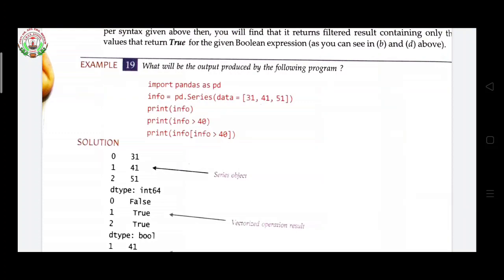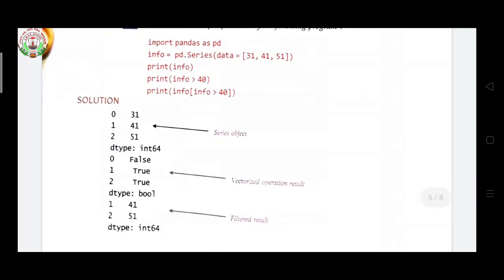Now the third is print info inside square brackets, info greater than 40, which means filtering with the vectorized Boolean result. See here nicely: when I called print info, I got the values. Then when I call the second line, info greater than 40, I got the Boolean false, true, true, a vectorized operation.